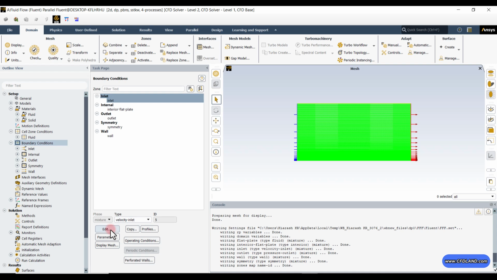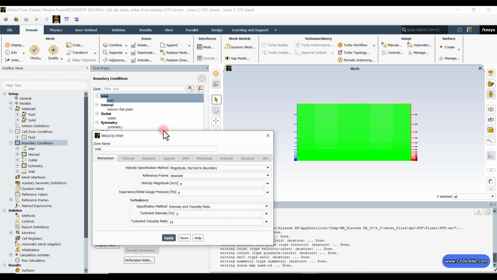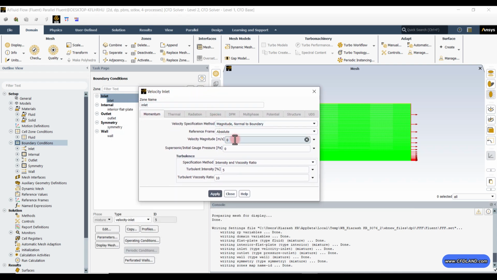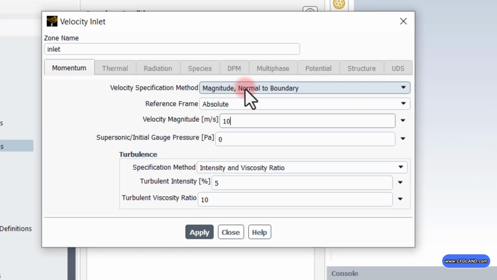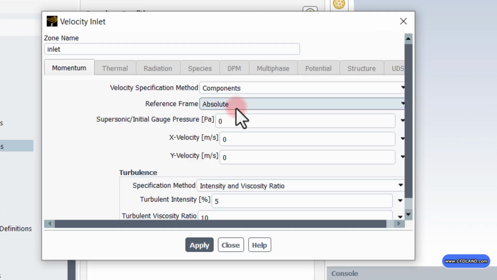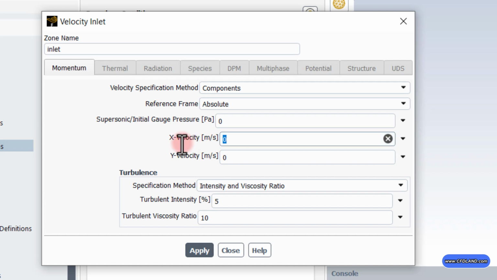So just by clicking on the edit button, I can have access to the settings related to this boundary. For the inlet boundary, I have to define a velocity magnitude of 10 meters per second, but I'm going to have it through the x coordinate. I mean, this 10 meters per second is actually the x component of our velocity. So I can change the velocity specification method to components, and then I can define the velocity in each of the